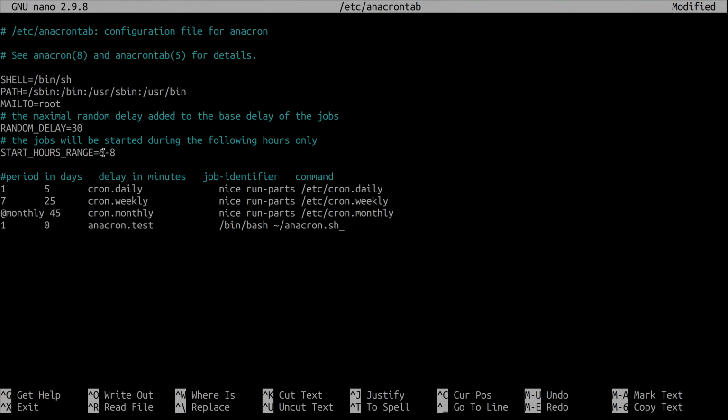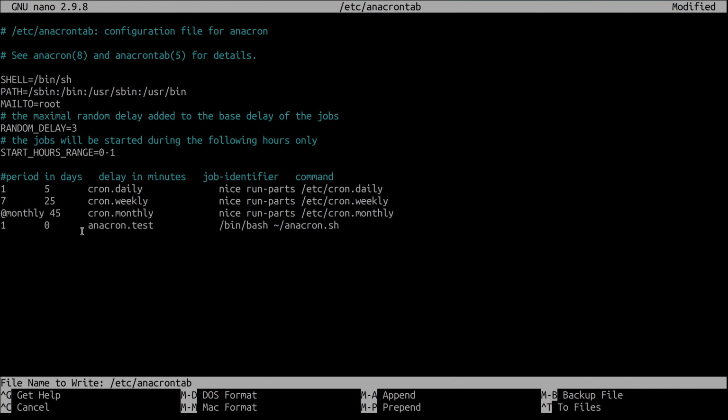And I forgot to mention this before, but if the system is off during this period, this Anacron will not be executed, because when we define time, the system should be up during that time. So right now it is 12 a.m. So let's try something here. Let's do between 0 and 1 and delay of 3 minutes, and there is no delay here. So let's see if it runs.